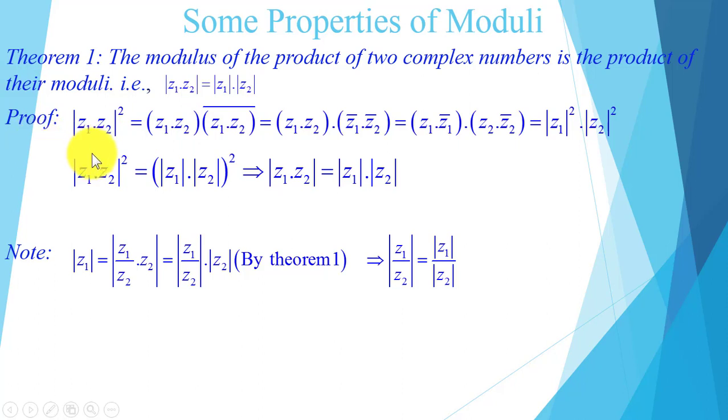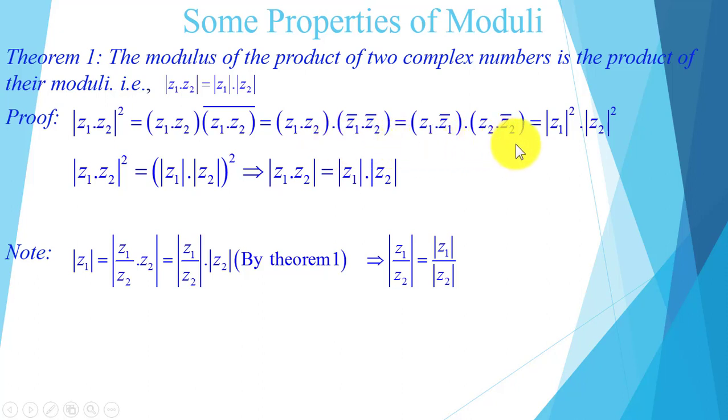Proof. Modulus of z1 into z2 whole square is equal to z1 into z2 into z1 z2 whole bar, which is equal to z1 into z2 into z1 bar into z2 bar, which is equal to z1 into z1 bar by associative property